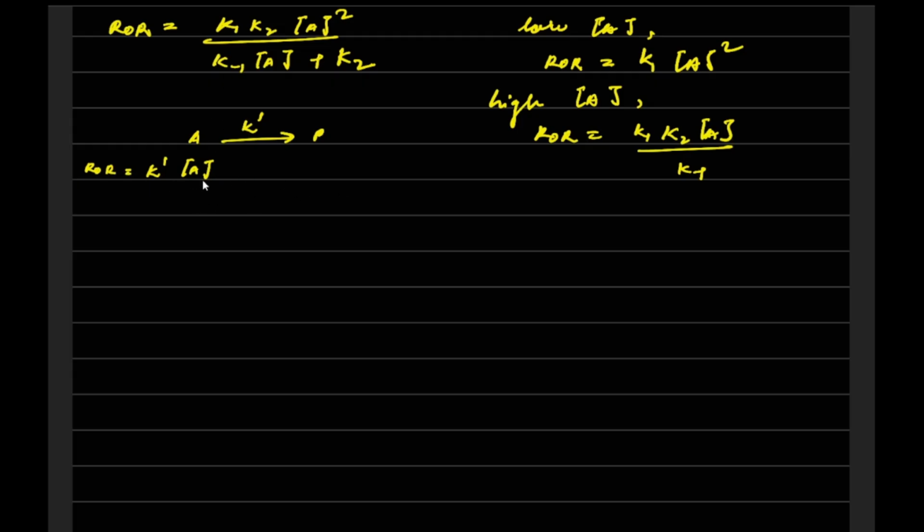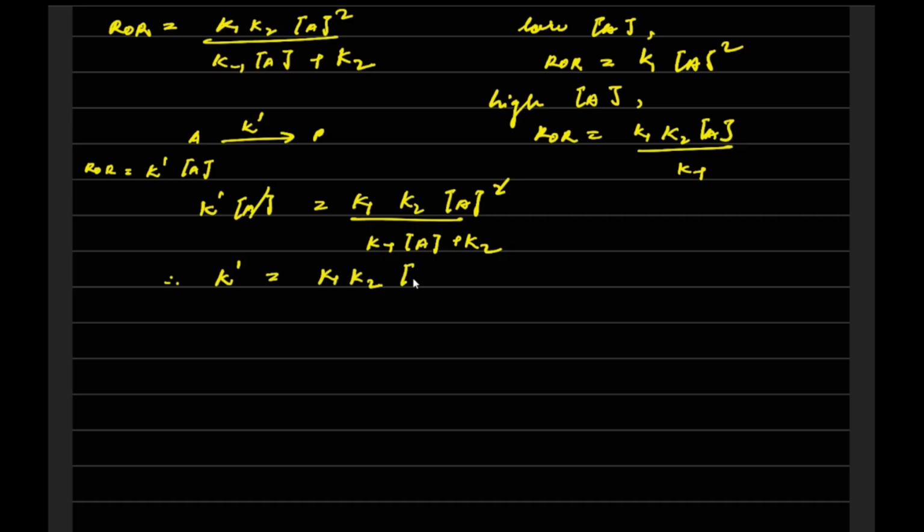So the rate of reaction equated with this reaction, K dash A, will be K1 K2 A squared by K minus 1 A plus K2 A. This A and A got cancelled. Therefore, K dash is equal to K1 K2 A divided by K minus 1 A plus K2,